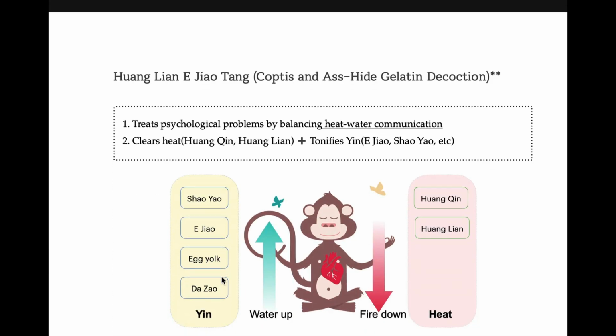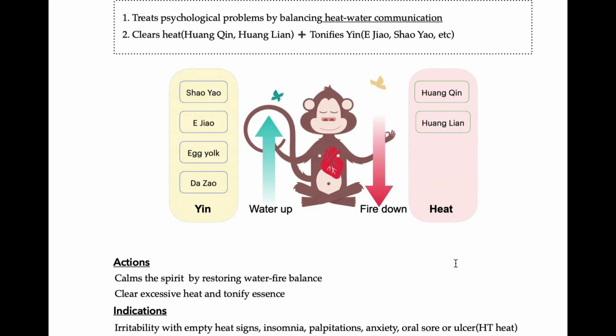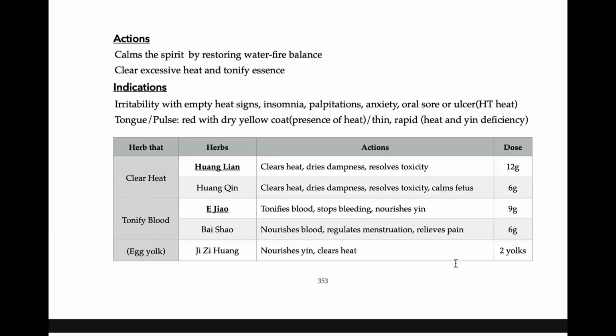And Huanglian Ejiao Tang, excess in the chest, but Suzi Jiangqi Tang. Do you remember that cough medicine? Suzi Jiangqi Tang is for excess phlegm in the chest, but this one is excess heat in the chest, with weakness, kidney yin deficiency and heart heat. There is Huanglian Ejiao Tang. Phlegm in the chest, Suzi Jiangqi Tang. But heat in the chest, Huanglian Ejiao Tang. This is for irritability, anxiety, mental symptoms.